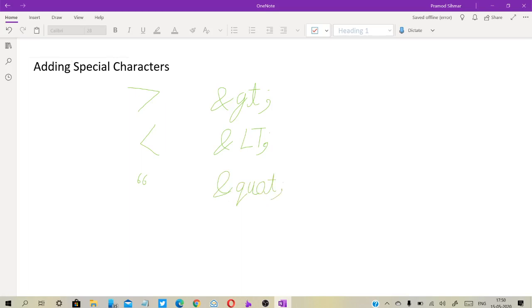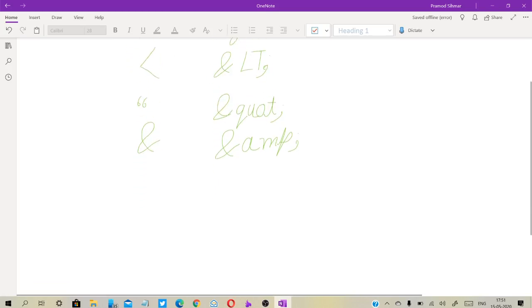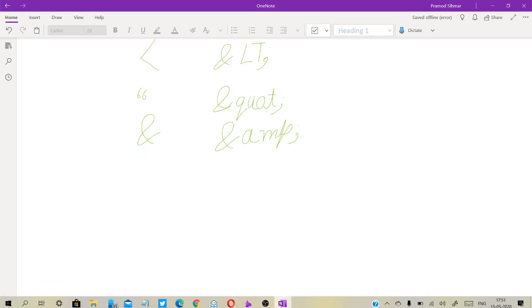If you want to write the ampersand sign, then you can use ampersand AMP, then the terminator.